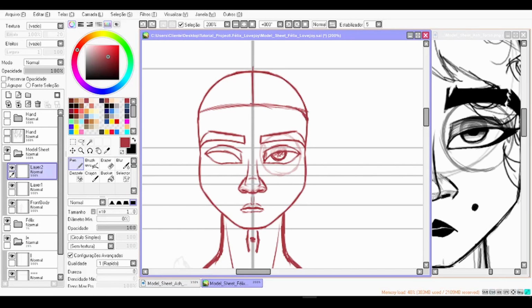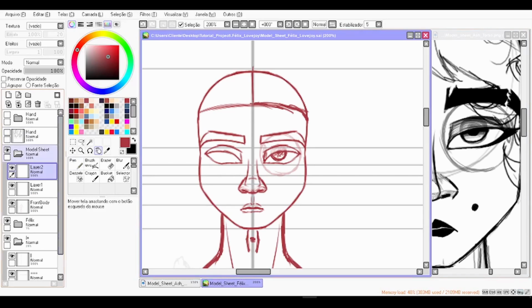And now you're gonna basically just draw the hair, and then the front view is gonna be finished. And then we're gonna be drawing the side view, which is gonna be a bit easier because you're not gonna have to paste it and mirror everything, and you're gonna have the full body as a reference too. And this is it. Now let's draw the